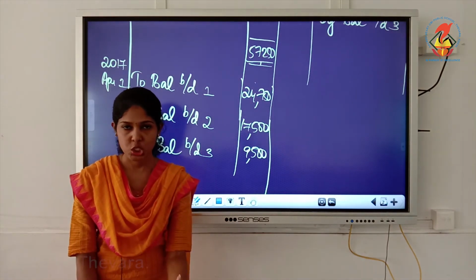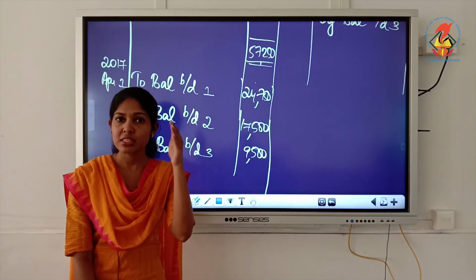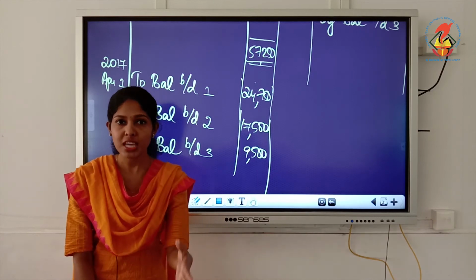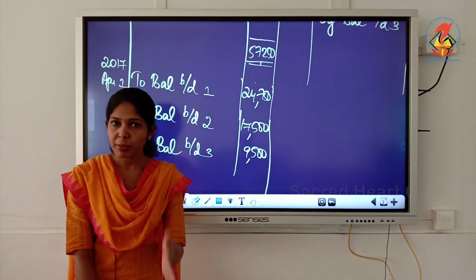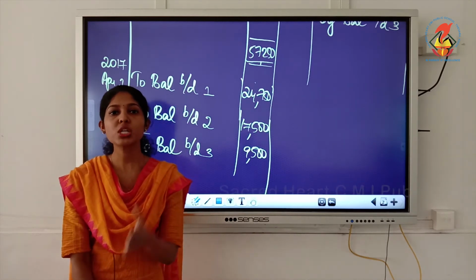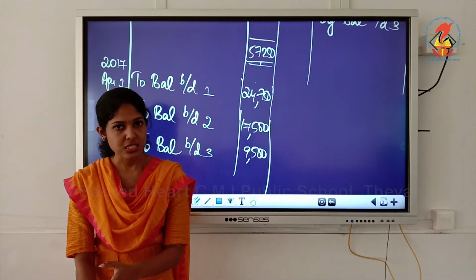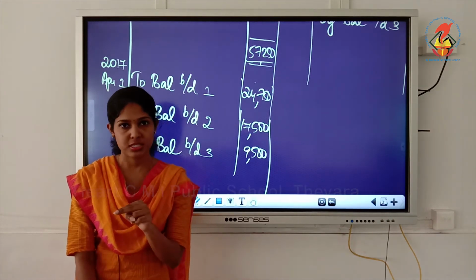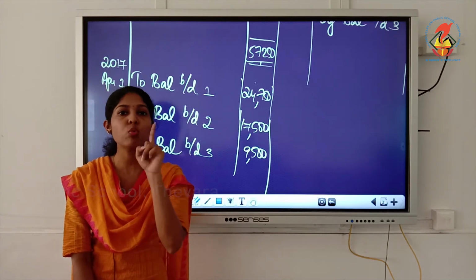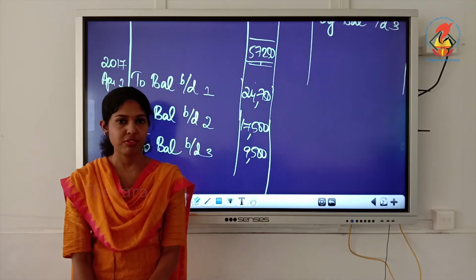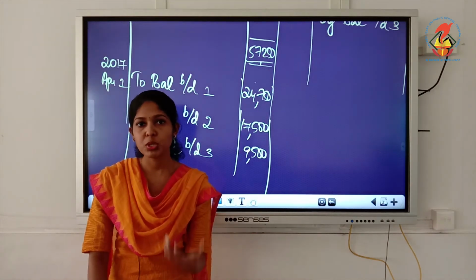For charging depreciation, there should be at least 1 day, isn't it? This is on the date of sale. I mean, this is in the beginning of the year itself we are selling. Understood? Date of sale and beginning of the year both are the same. So opening itself we are selling means no need to charge depreciation. Suppose it was April 2nd, you sold on April 2nd, then you should charge depreciation for 2 days. Or suppose it was May 1st, then you have to charge depreciation for 1 whole month, it will be 1 by 12. Understood? But here, since it is the beginning of the year itself, you don't have to compute depreciation.